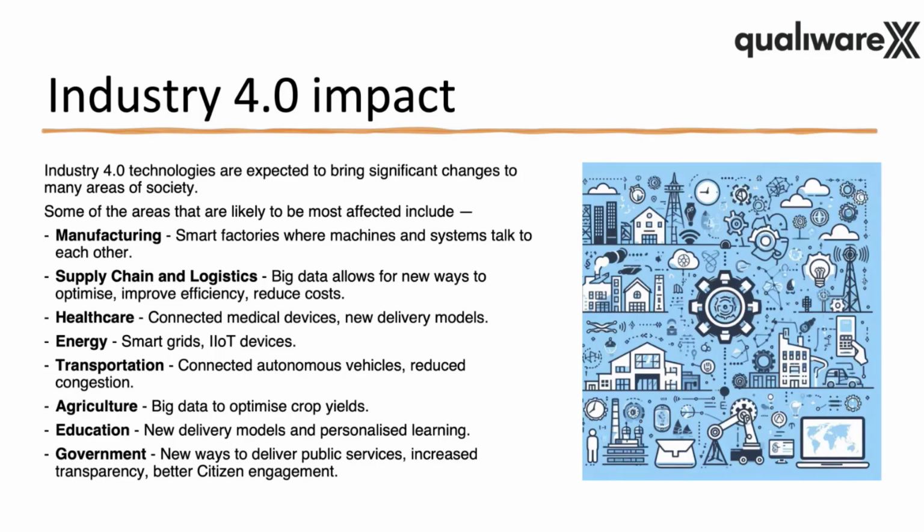Transportation, we're seeing that today with autonomous vehicles and how that can probably make things safer, but also reduce congestion and do a lot of different things that can save the environment as well. Big data in agriculture, right? So how do we actually optimize the way we yield our crops? There's a lot of new things.